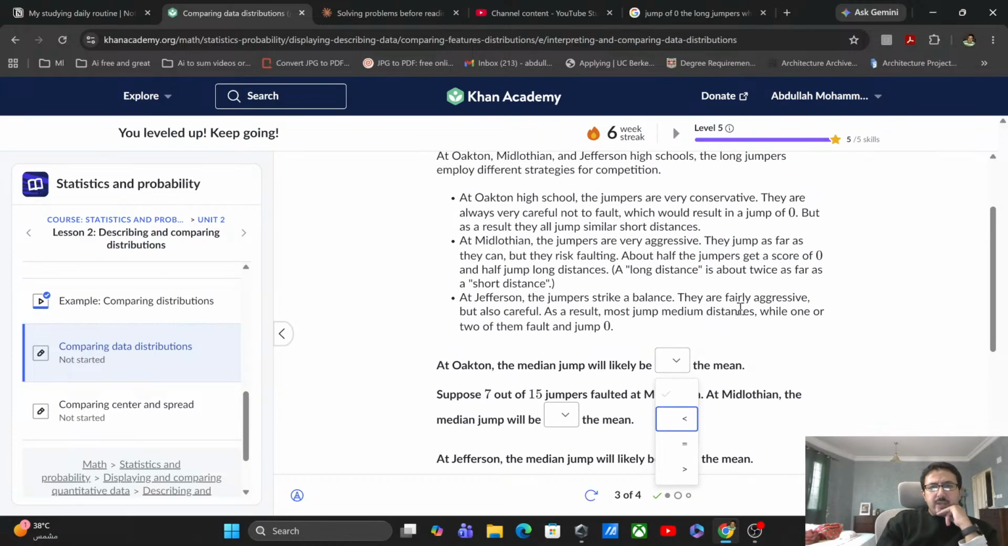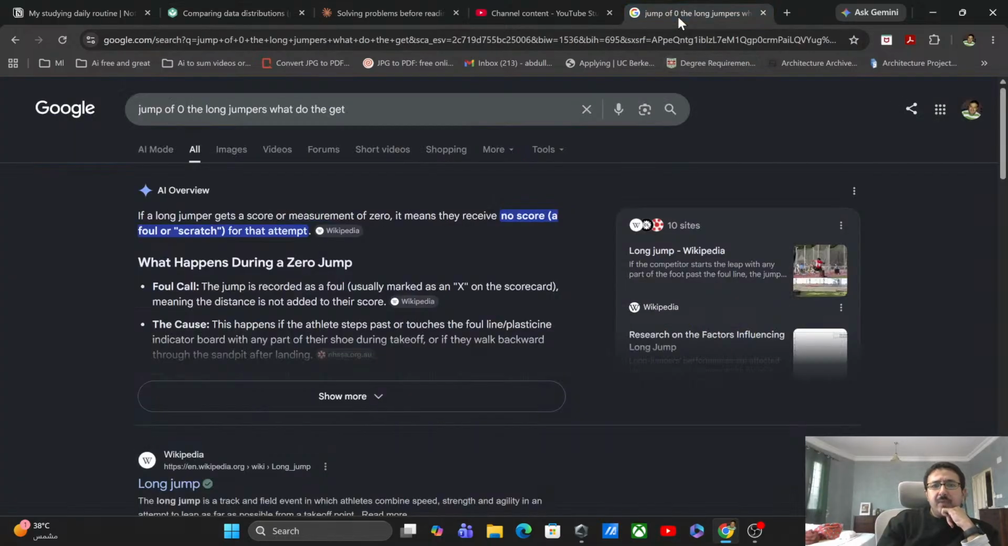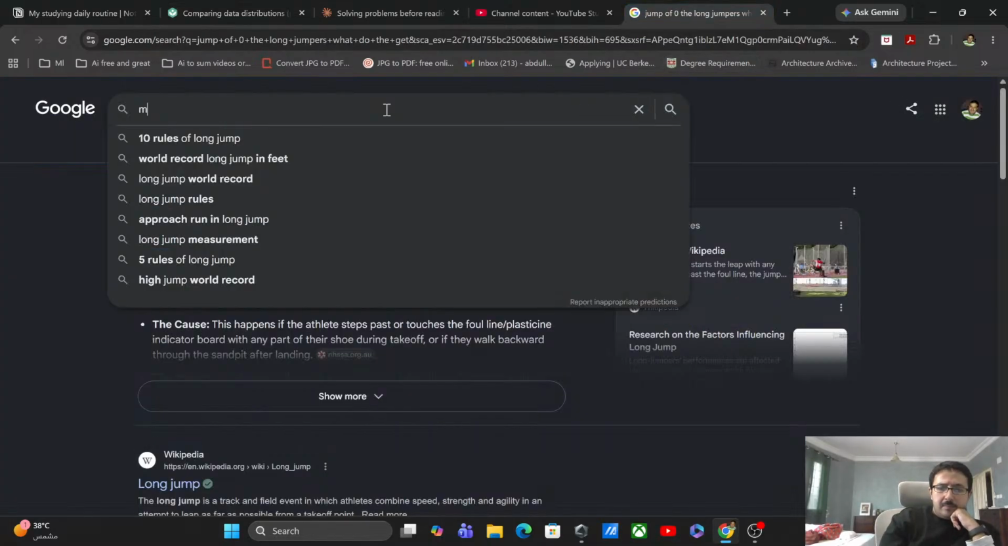Are you sure that I should know? As a result, they all jump somewhere short distances. Short distances. Yes, equal, but median